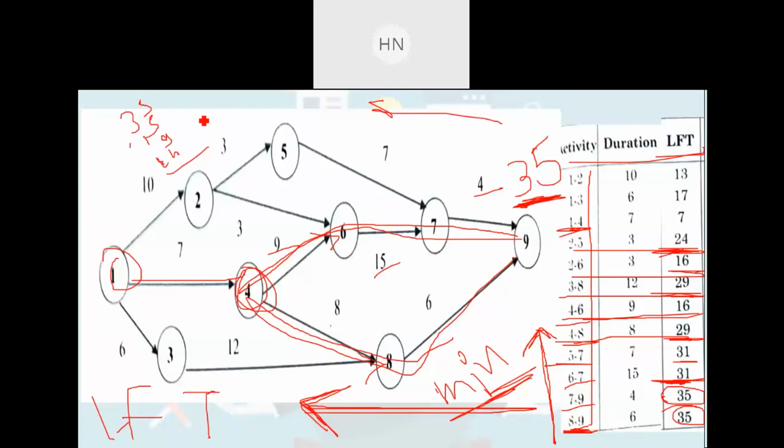From 35, if you deduct 15, 9 and 4, you will be getting 7, right? That is the answer, 7. That is the first option. But for the second option, you need to deduct this 6, 8, this 2. So if we deduct from 35, you will be getting 20. So there are two options, 7 and 20. Now if we are finding the latest finish time, we need to select the minimum option.